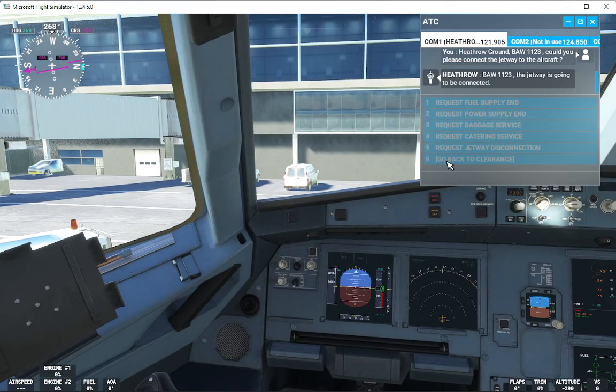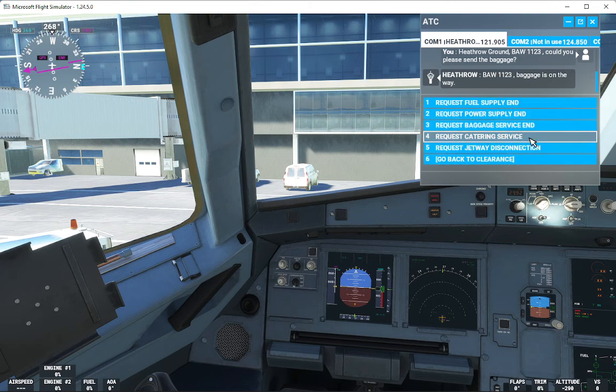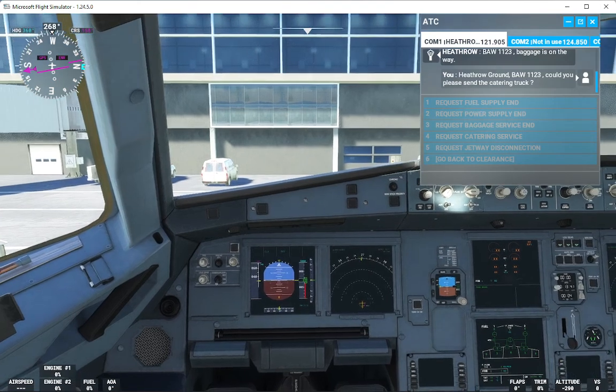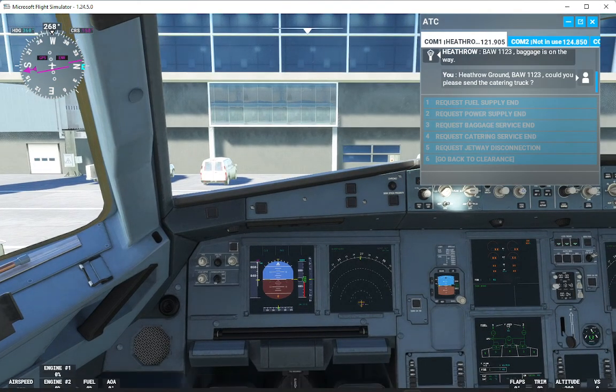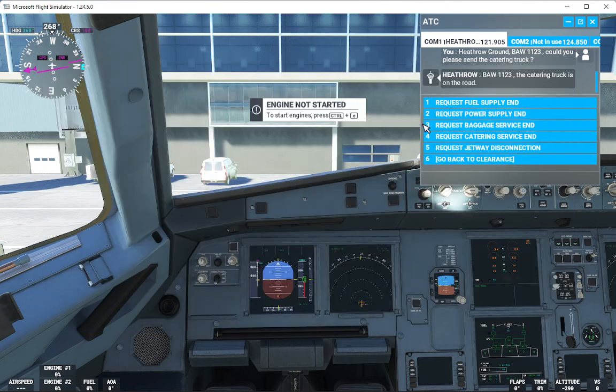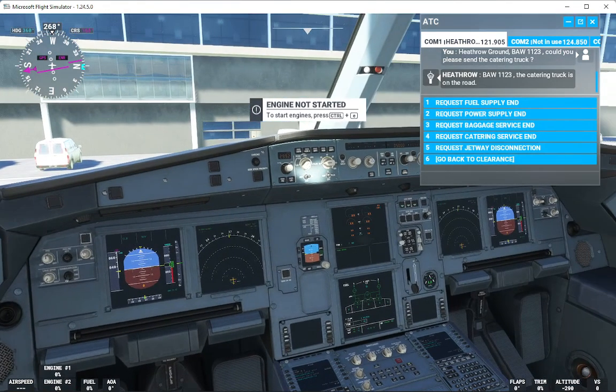We can go ahead and get baggage on board. Heathrow ground, BAW 1123, could you please send the baggage? BAW 1123, baggage is on the way. Heathrow ground, BAW 1123, could you please send the catering truck? BAW 1123, the catering truck is on the road. We are using Luke's air tool for this flight,